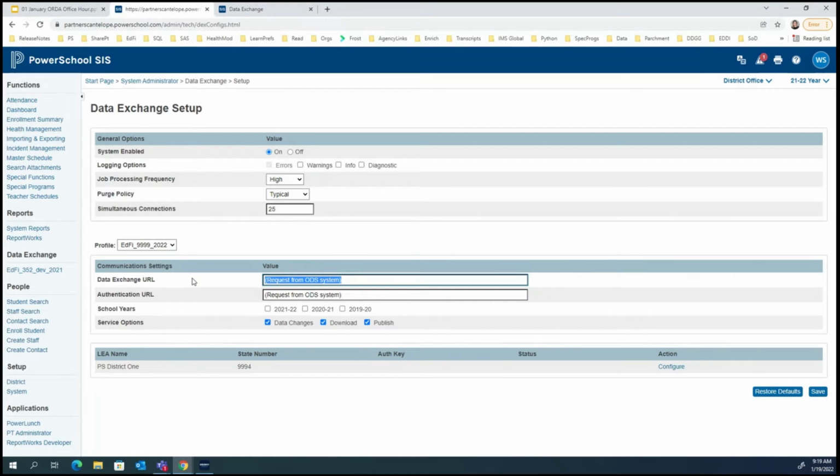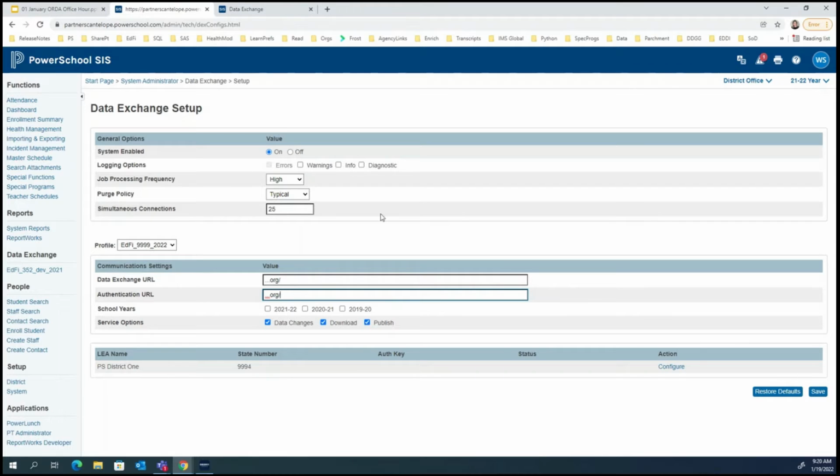But just to show you what you would put in there, there's going to be a URL that's part of your credentials, and it's going to end in something like org-data-v3. In our documentation, we're going to instruct you to delete this last part, and then copy and paste the exact same thing into the authentication URL below. It will end in a slash. That's kind of important. It seems like a little thing, but if you don't have that, then it won't work.